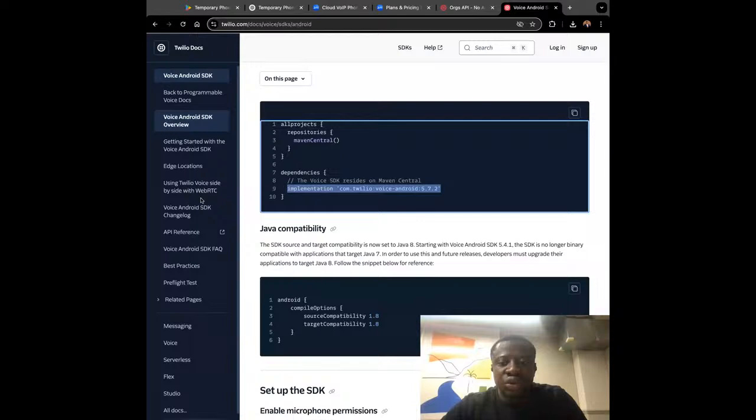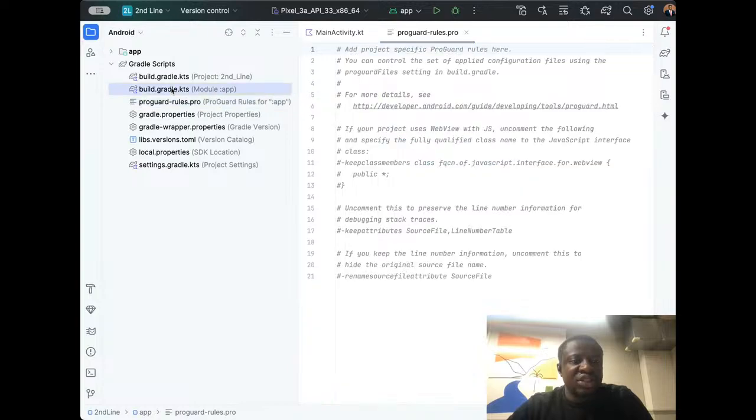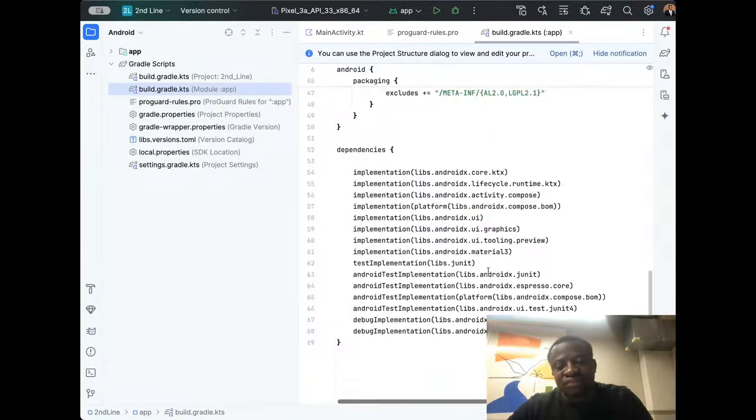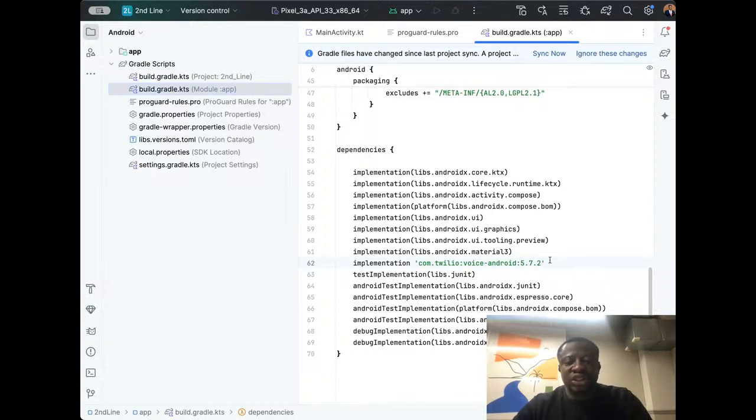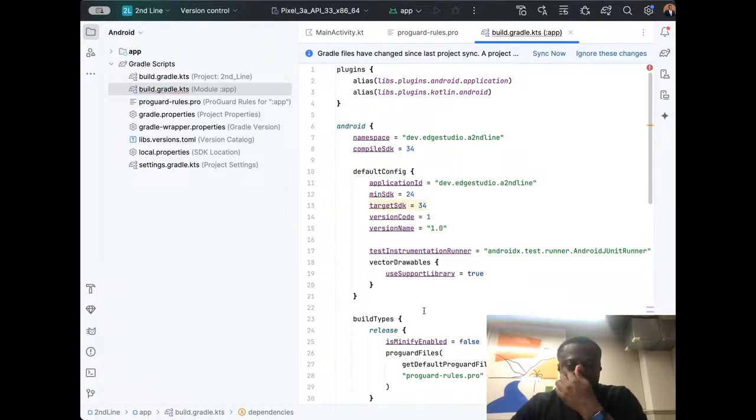So I'm just gonna open back my Android Studio, and come under dependencies. You see why, because it's now different stuff. As you can see, it's quite different from whatever else is here.